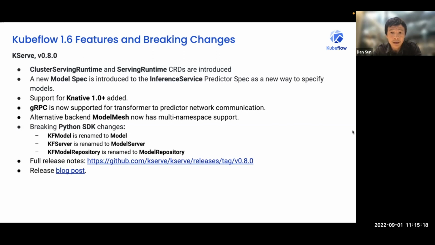Another item to pay attention to is that if you are using the KServe SDK to build any custom serving runtimes, we have some name changes. For example, KFModel is renamed to Model and KFServer is renamed to ModelServer. So if you are building custom models or custom serving runtimes, these are the breaking changes you need to pay attention to. For more details, definitely look at our full release notes and our blog post for the 0.8